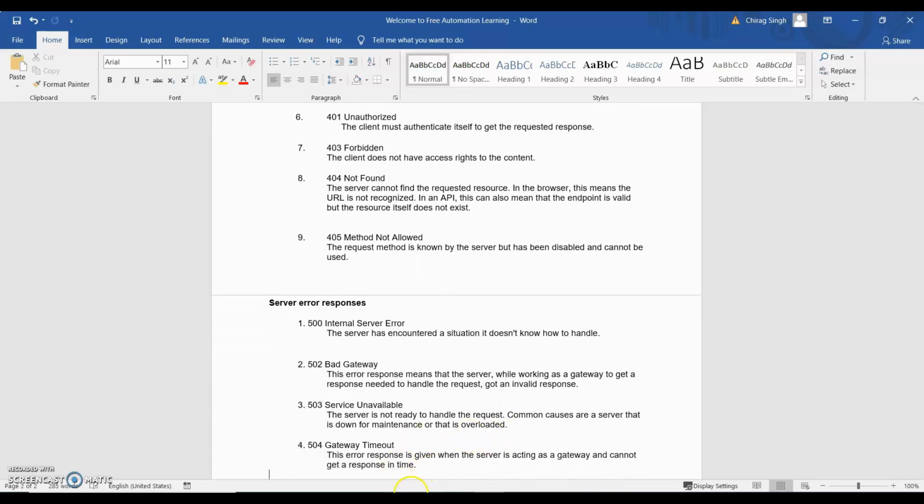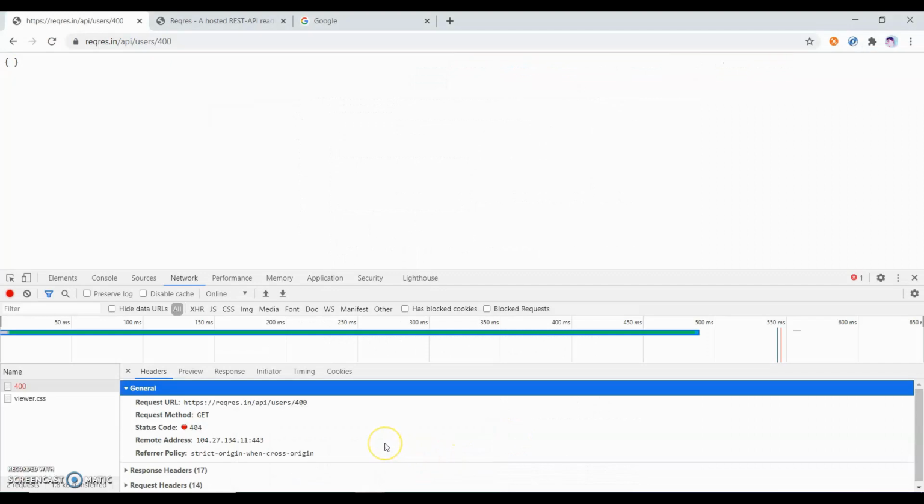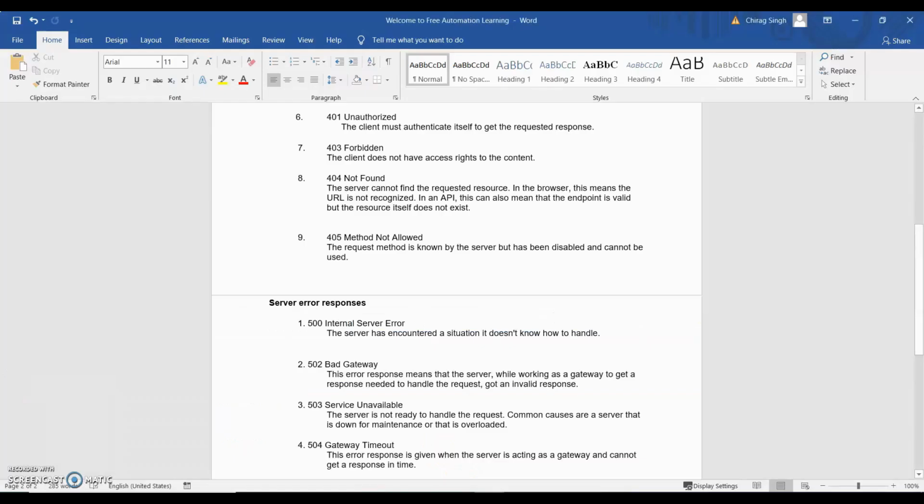So these are the client error responses. Client error response means the response which comes on the browser, which means the mistake is done by the client, not the server, right? So there are five types of response codes. One is informational response code, second is successful response code, third is redirect response code, fourth is client error, fifth is server error.